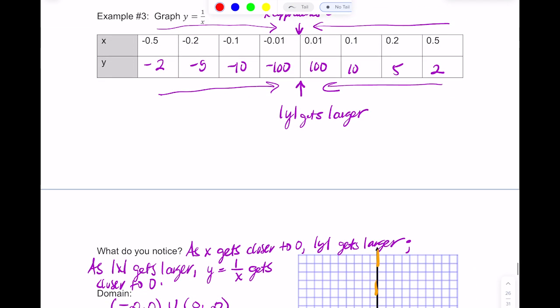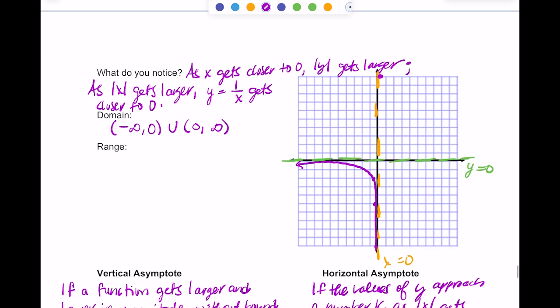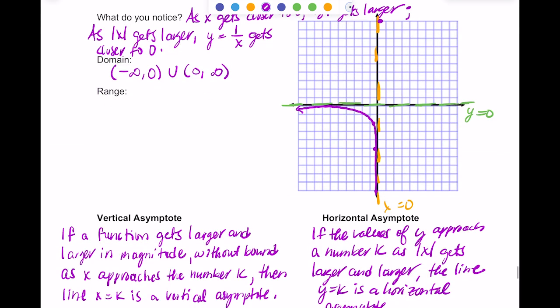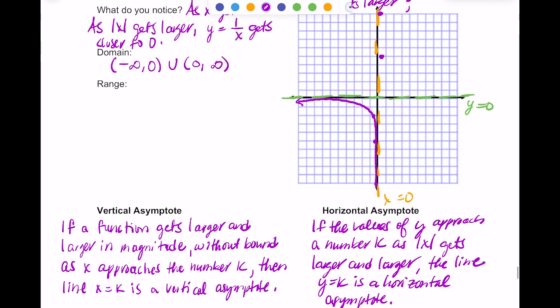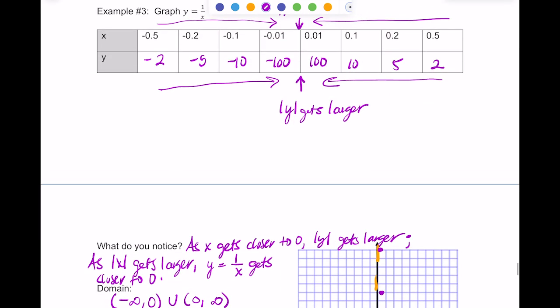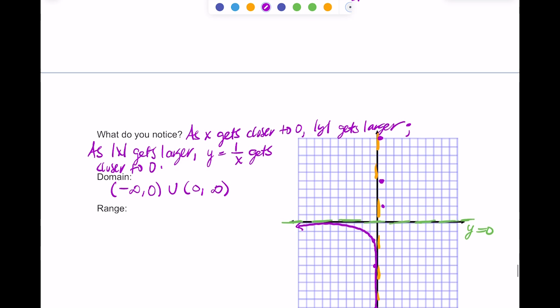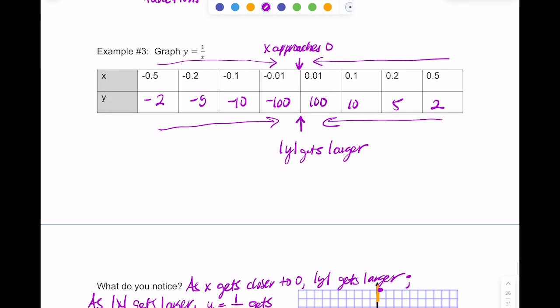So if I was to graph like 0.1 and 10, so 0.1, 10, it's going to be up there, and then it would be 0.2 and 5. So like right about there, and then it was 0.5 and 2. And then look at your other numbers. You got 0.01 and 100. And if you were to keep going, like plug in x equals 1 and x equals